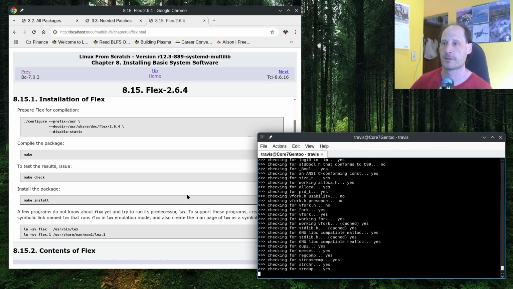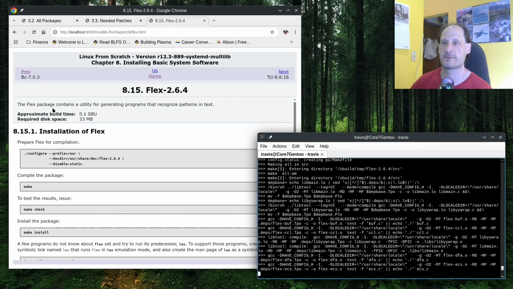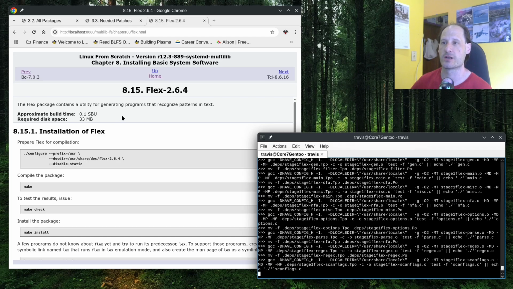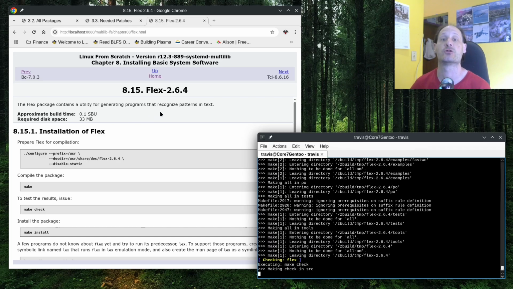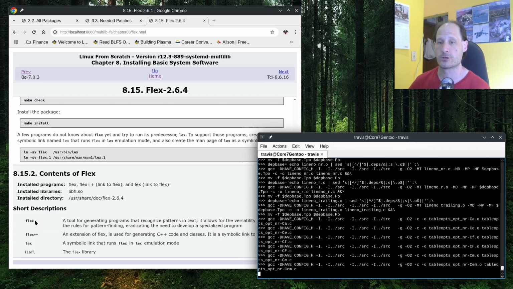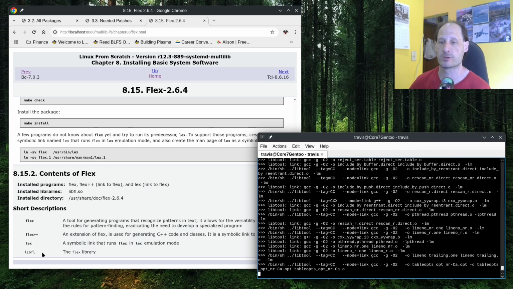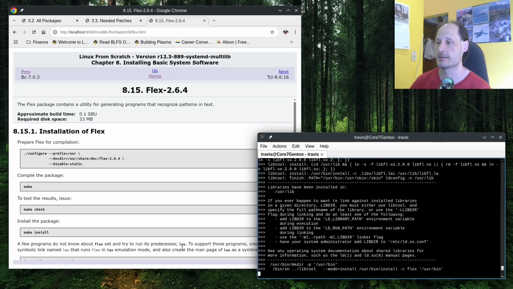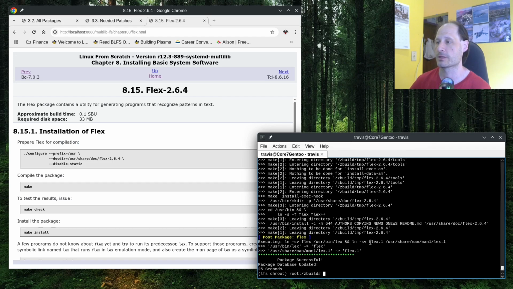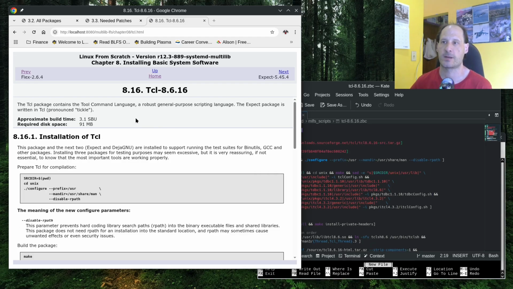And patch. The Flex package contains a utility for generating programs that recognize patterns in text. And it shows we'll be generating Flex, Flex++, Lex, and the Flex library, which is libfl. It is compiling, it is testing, and is now complete at 25 seconds. That completes. Next up is Chapter 8.16, TCL, pronounced tickle,